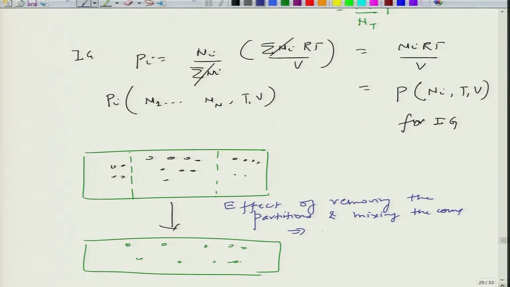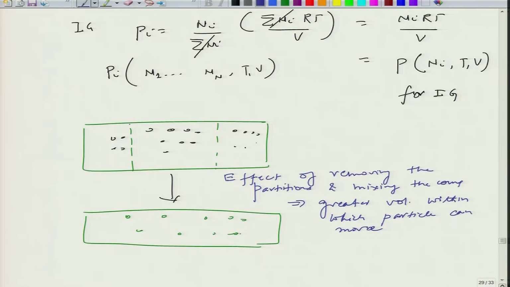So, there is a greater volume within which the particles can move. That is one effect of removing the partition. Now, when you have greater possibilities, because the particles can move to various different locations,